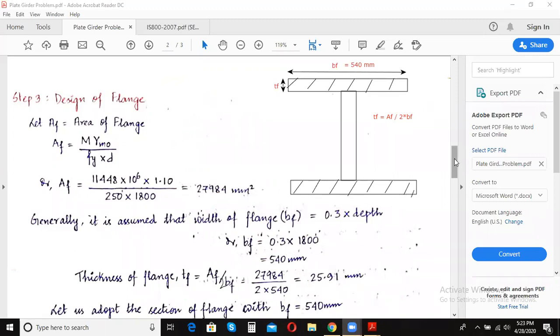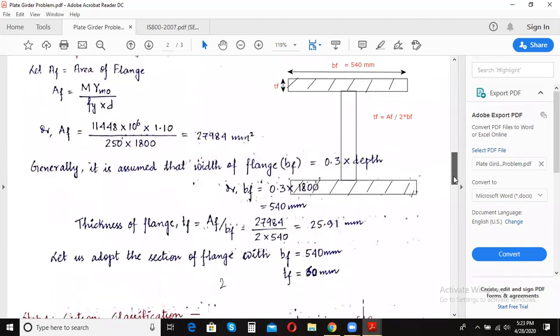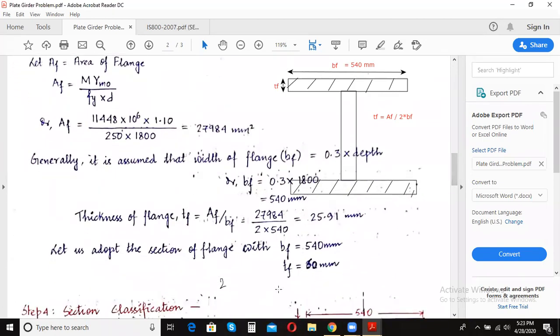So what we do now, by trial and error, I have already done the calculations using a 32 millimeter thickness. But the design was not sufficient with that thickness of the flange. So I have straight away considered the value of TF as 60 mm.